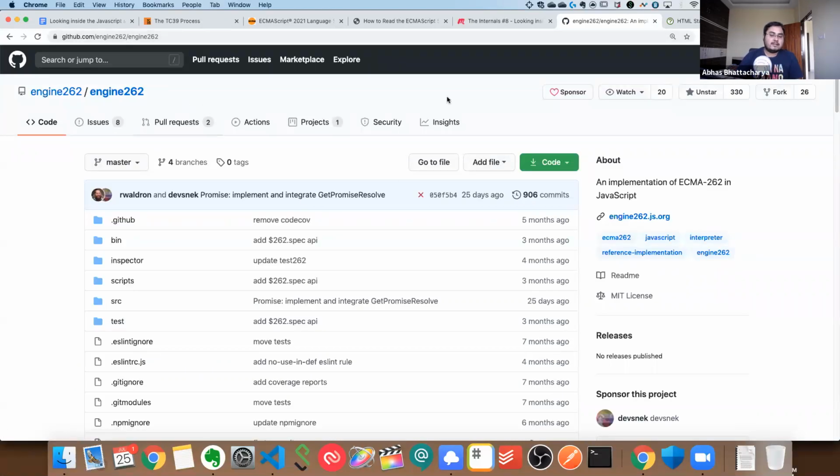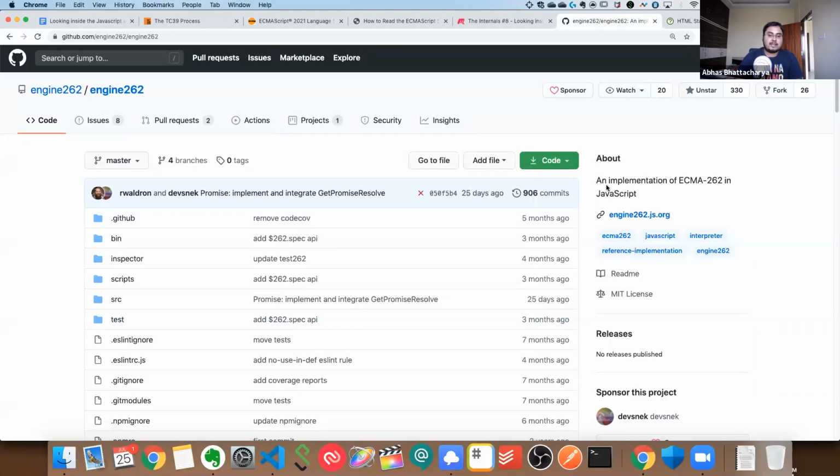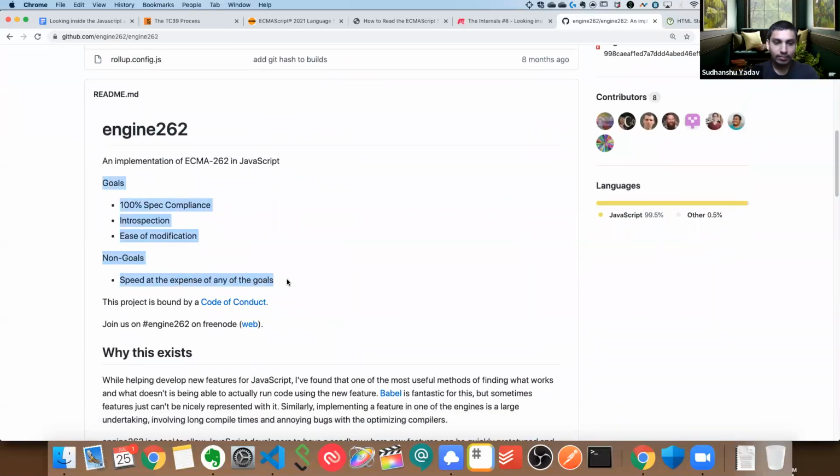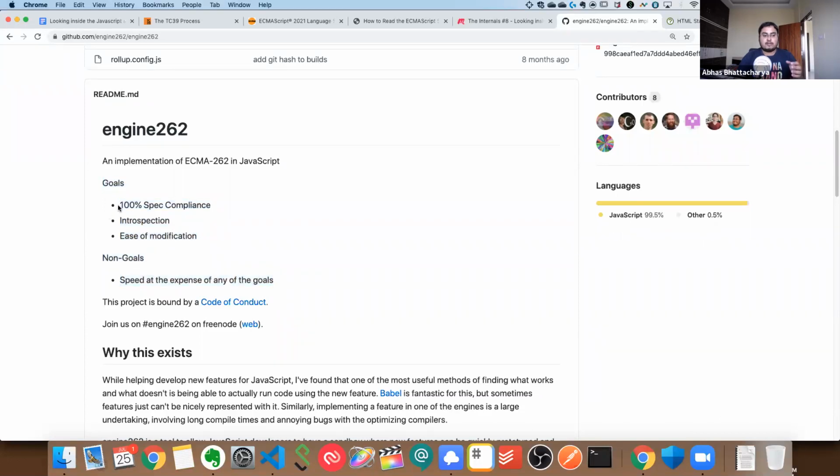So I put the links in a document. We can share that with everyone. Engine 262 is basically an implementation of the JavaScript specification in JavaScript itself. That of course means that you still need Node or a browser or something to run this. Its goal, why this thing exists, is that they try to be very close to the specification. This is not made for optimization or performance as such, but they try to be very close to the specification as much as possible,